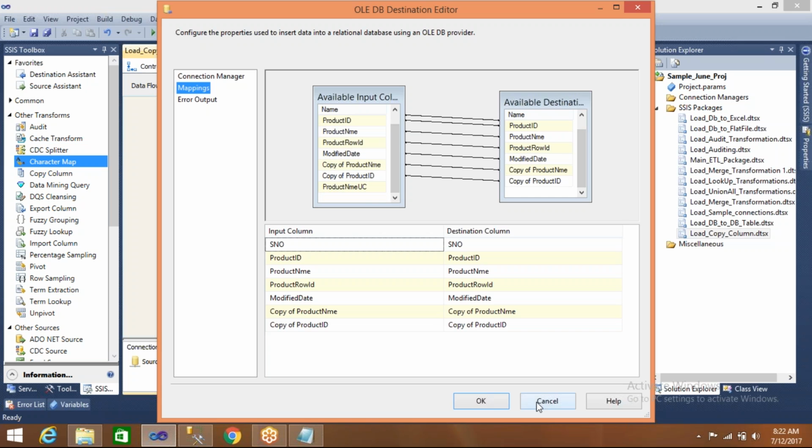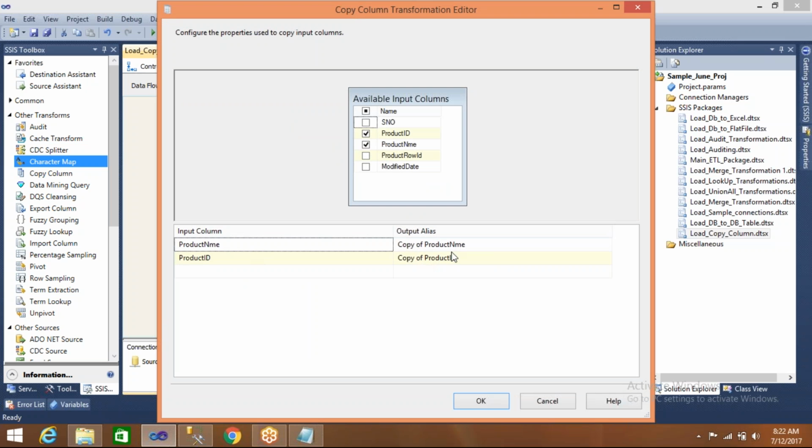Okay, so one column is coming from the copy column transformation. The name is